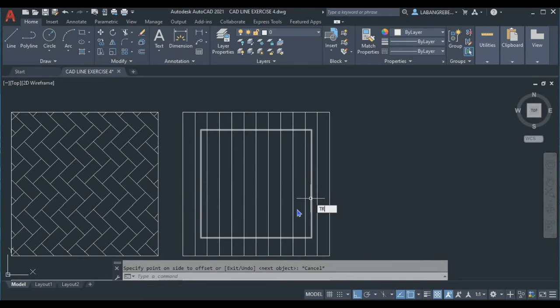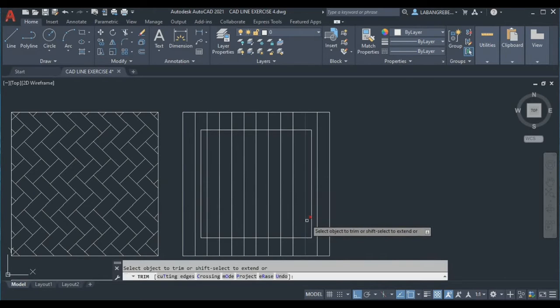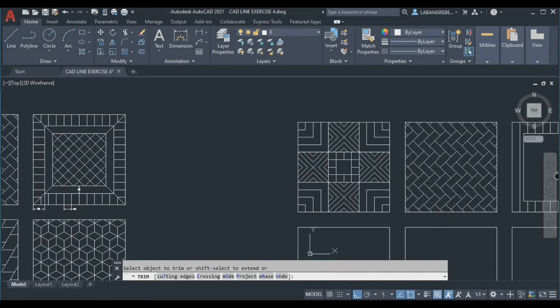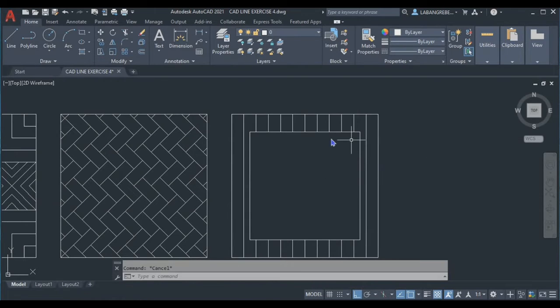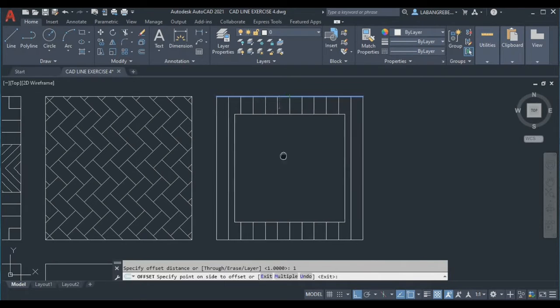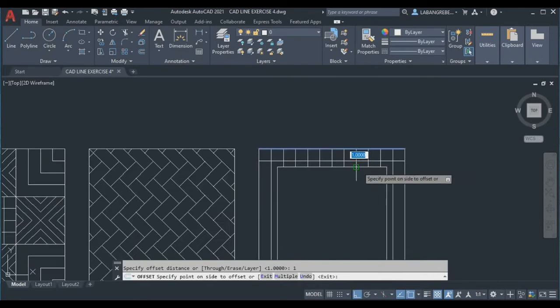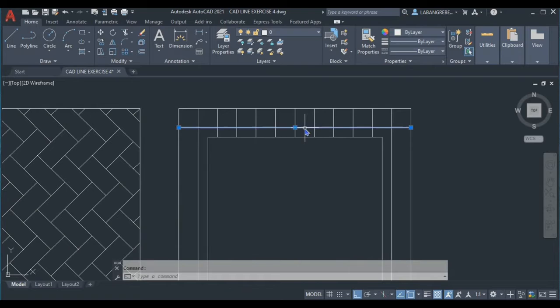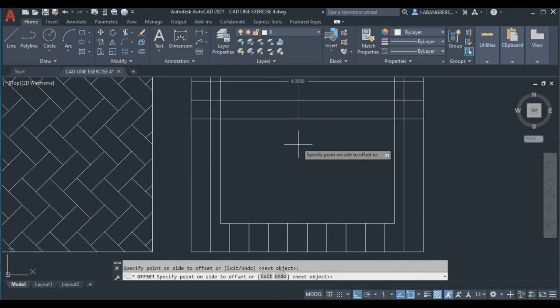Then after you offset it, you're gonna trim all together here. Okay, and then we're gonna have it. This line from here up to here, horizontal, and offset it again by 1. I think it's gonna be offset it by 1 for this way. Okay, again, O, enter, O, enter, 1, so